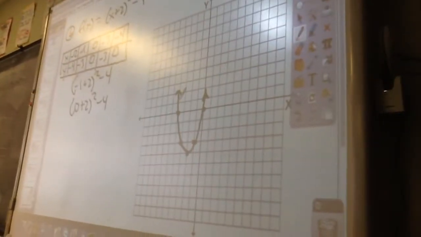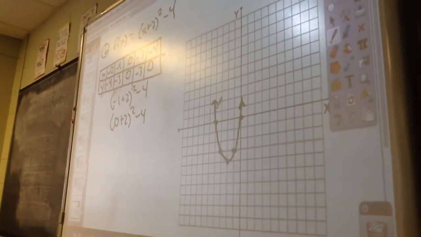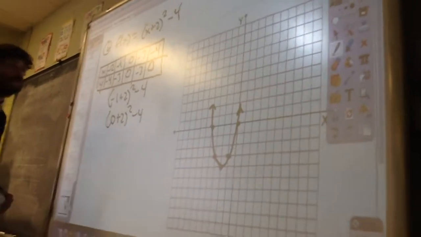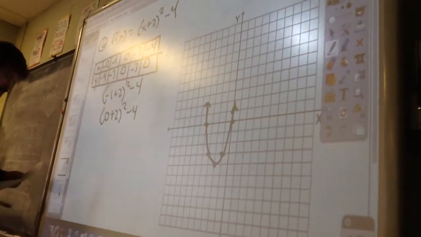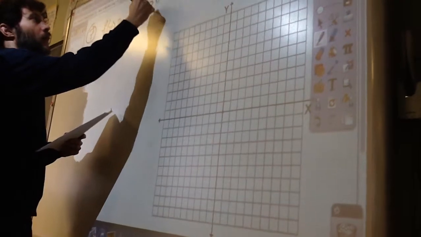The origin, where the two things cross, right? Okay, 7 is in intercept form. What is my clue? It's 2 parentheses. Okay, so